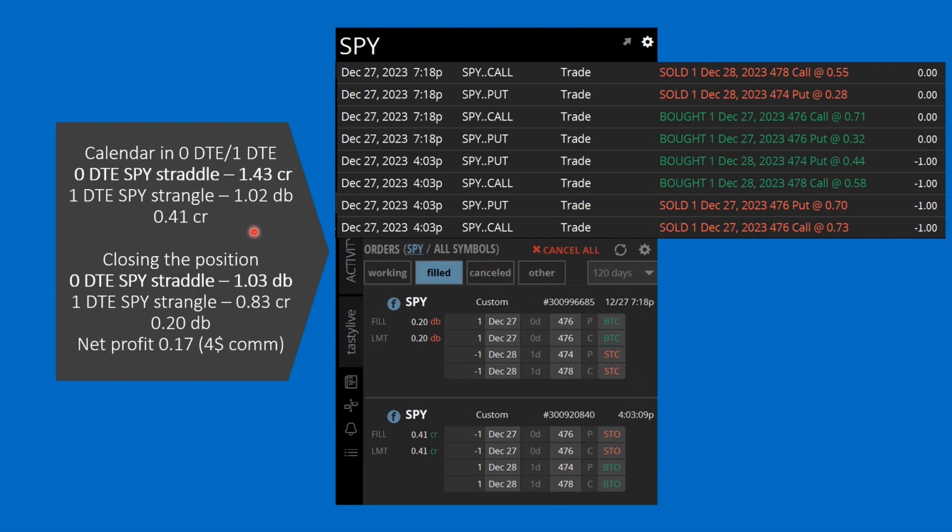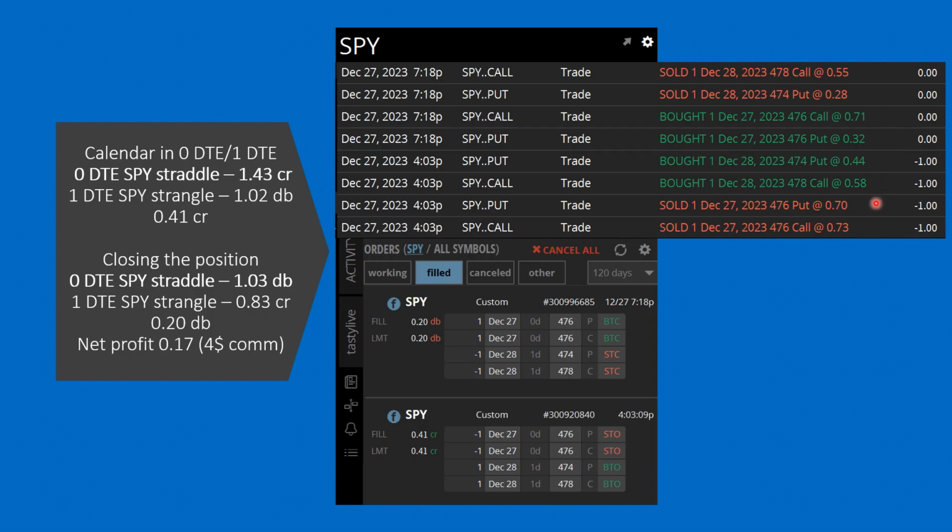I paid 103 for what I sold at 143, and now this is interesting, I actually only get 0.83 credit on this 1-day SPY strangle. And when you look here again at the numbers, whatever I bought, these two here, the 27 at 71,